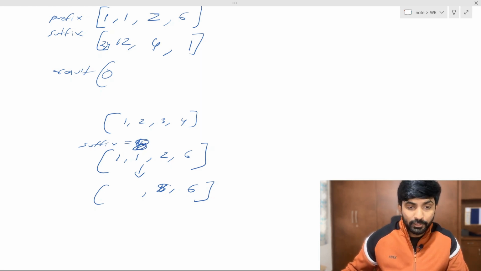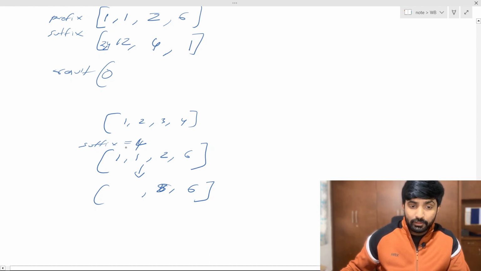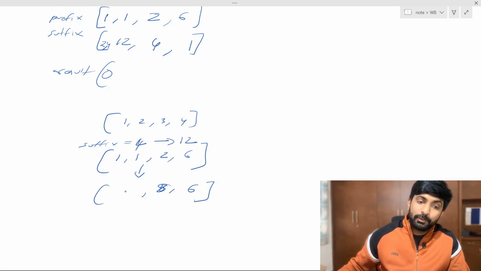Sorry, here the suffix value is 4, right? Here this would be 12. This will become 12 because we have to include this, right? This 12 gets multiplied to my prefix value, right? My suffix then will become 24, which will be multiplied with my prefix value, which is 24,